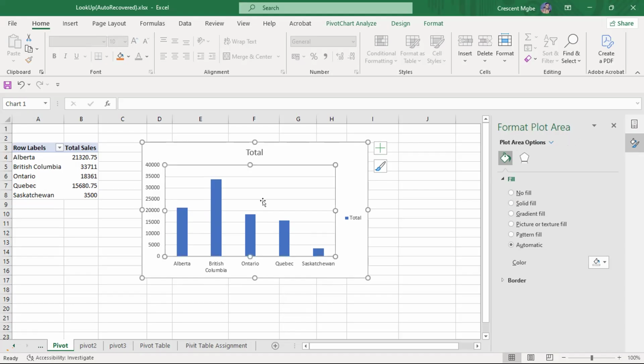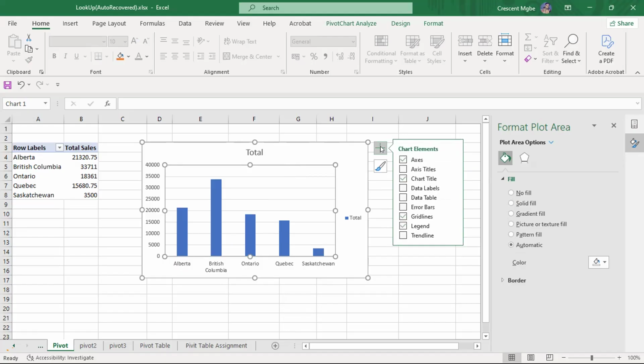Then let's click on the bar. Yes. So when we click on the bar, then we'll go to the plus sign at the top here. Okay. Then we'll remove the grid lines. Okay, great. It's gone. We'll remove the grid lines and